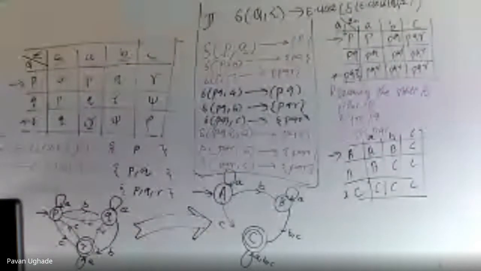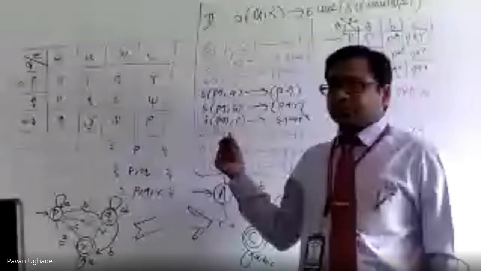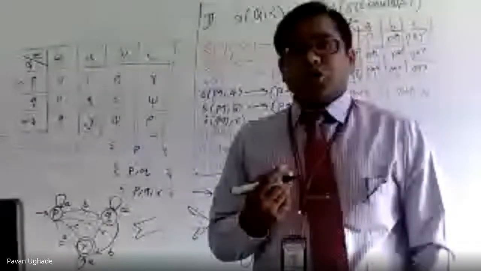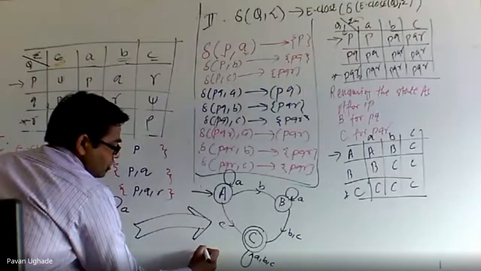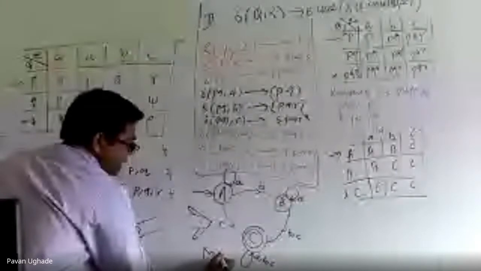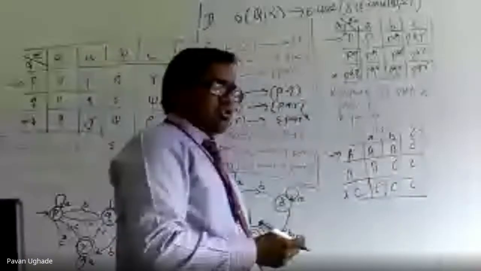Okay, so if you have any doubt, it is a very simple procedure, guys. It is hardly a 2 or 3 step problem. If we add the renaming as one of the steps, it will be a 3 step problem. After this, once you write down the transition table, don't forget to write down the machine equation. Okay, what all states A, B, C, and all the 5 tuples in the machine equation you are supposed to write down. I hope you understood the complete conversion method of epsilon NFA to DFA.